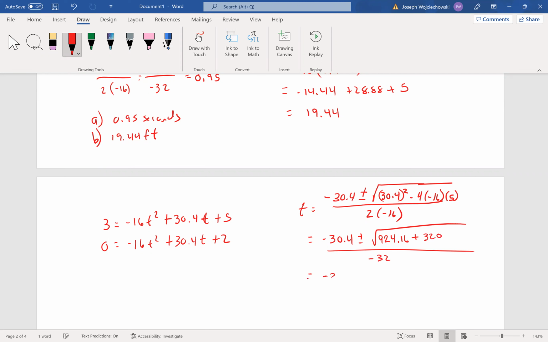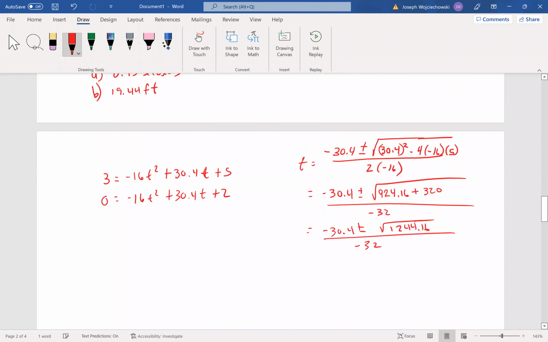So we have negative 30.4 plus or minus the square root of 1244.16 all over negative 32. Okay, it's one of these rare instances where we can estimate this. Take the square root of 1244. So I get negative 30.4 plus or minus